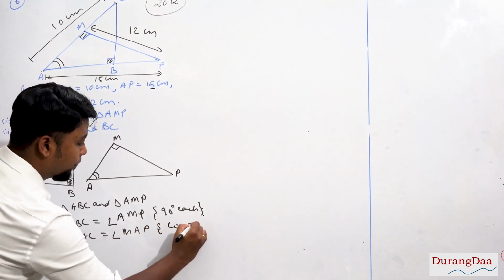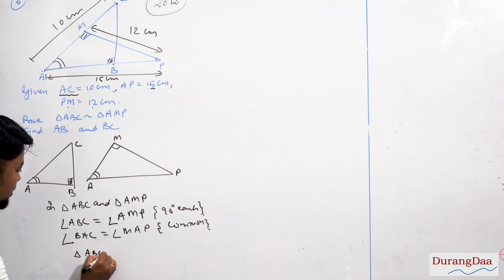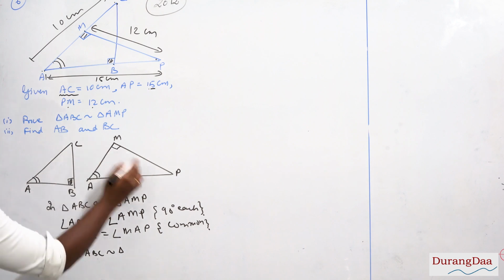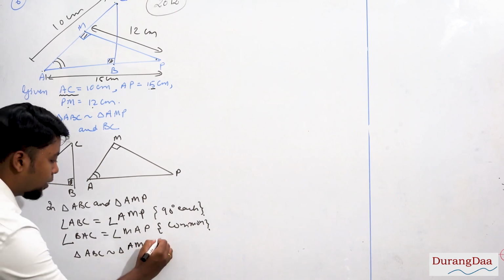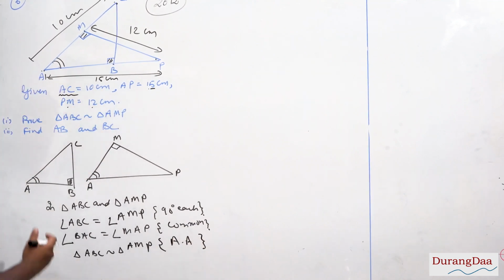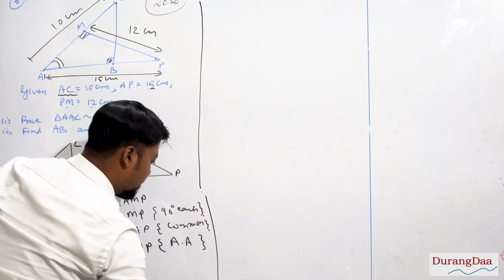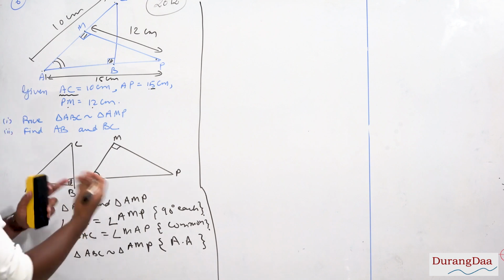This is common, right? So directly we can write here, triangle ABC is similar to triangle AMP. So first part is proved, and the reason for this one is by angle postulate. All right, you could have even shown the third angle also, but it is not required. Earlier you were learning it for the first time, so I was doing it for each angle. Okay, now just from two angles, how to take out the ratios.